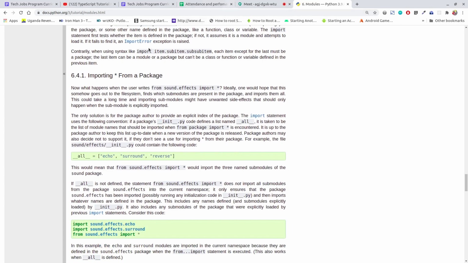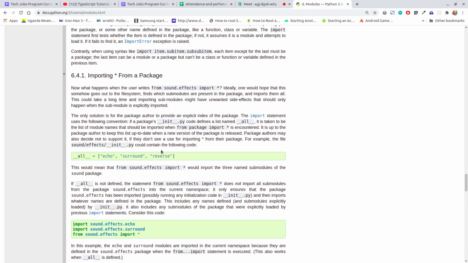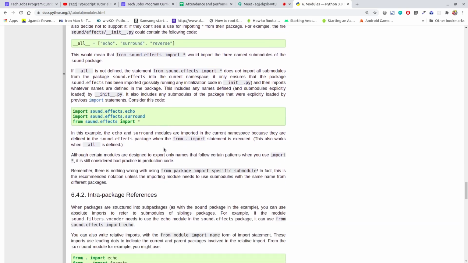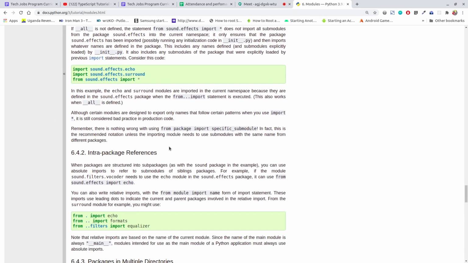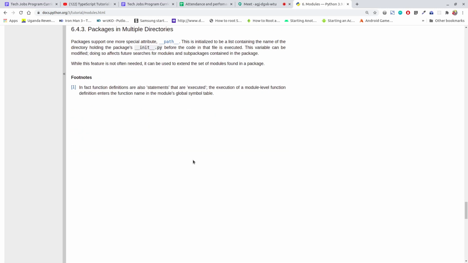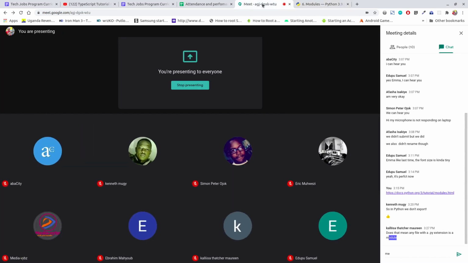Then there is an issue of importing all. When you import with this asterisk, sometimes it is good, sometimes it is bad, because it tries to import everything. And when everything is imported, there is a higher chance that there will be clashes in the naming, because you may import something that has a similar name as the variable that you try to create, and this may cause some conflicts here and there. But in a nutshell,